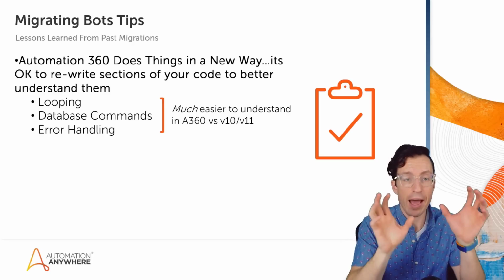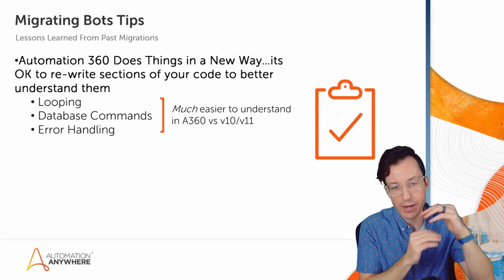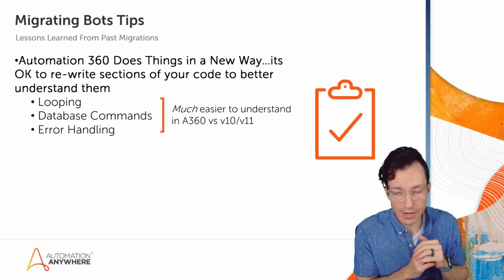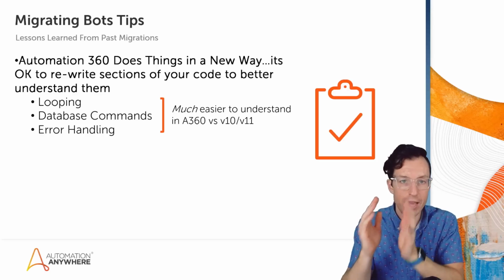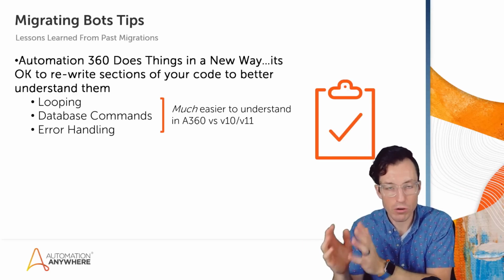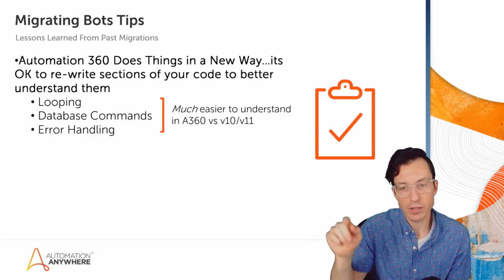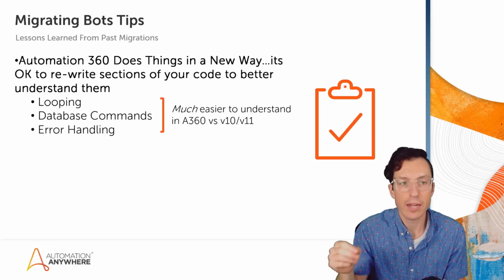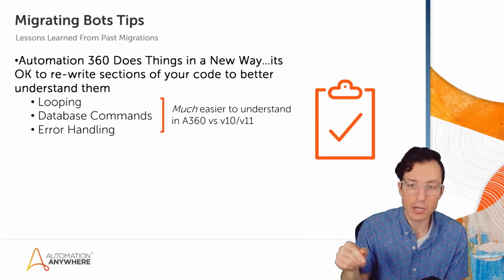So maybe I have one gigantic try catch that surrounds all of the code in my bot. I can still use child try catches inside of that if I need to, but I have one gigantic try catch. If that catch gets called and I have a failure, in my finally, that code is going to execute either way, right? And that might be where I do things like log the status of the bot, right, whether it was successful or not. That might be where I close all applications, or at least attempt to close all applications,